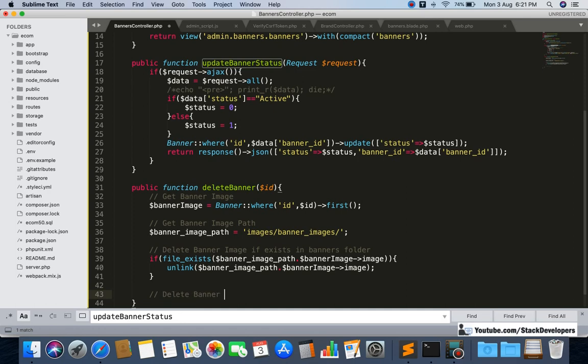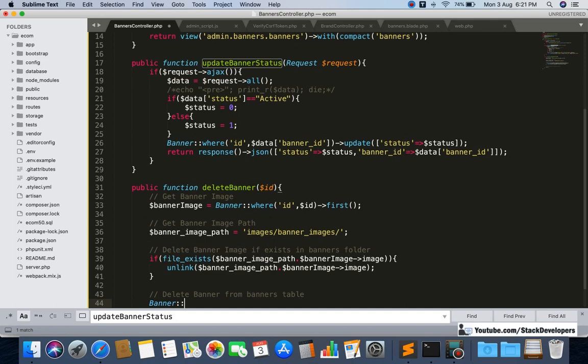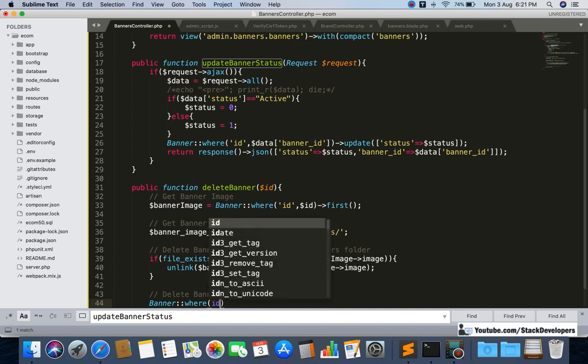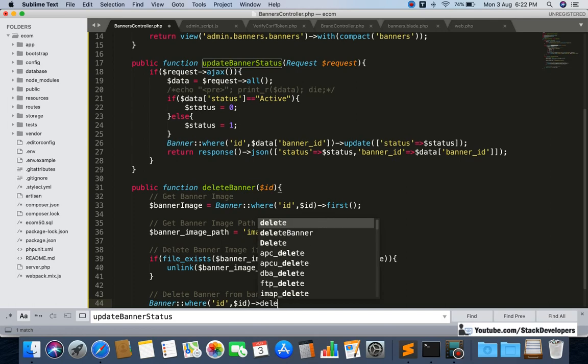Okay, delete banner from banners table. And that is Banner where id is $id, and delete.